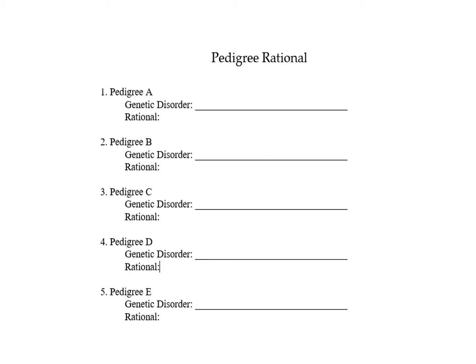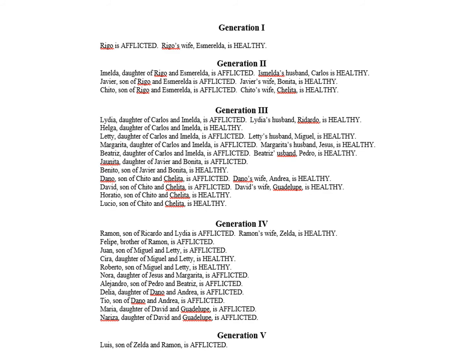And here's the pedigree rationale. So list the disorder and what's your rationale behind that. The next section is you're going to be actually drawing a pedigree, so make sure you get a bigger piece of paper, and then just go through the generations. You're going to have 5 generations, so make sure you give yourself plenty